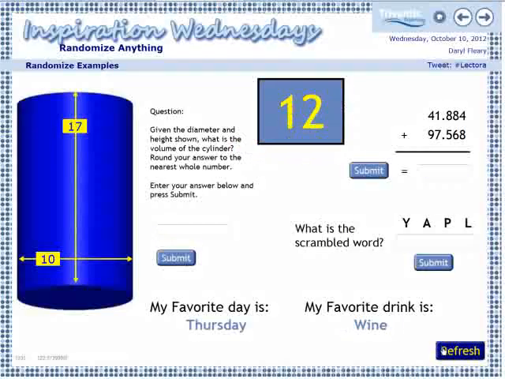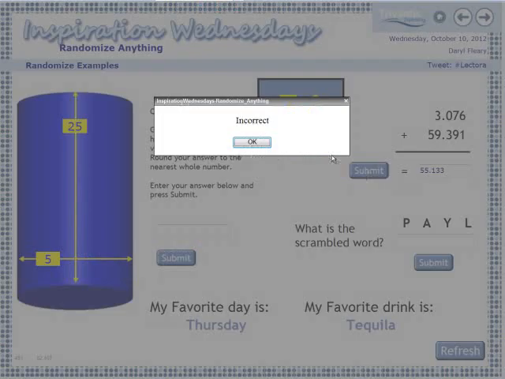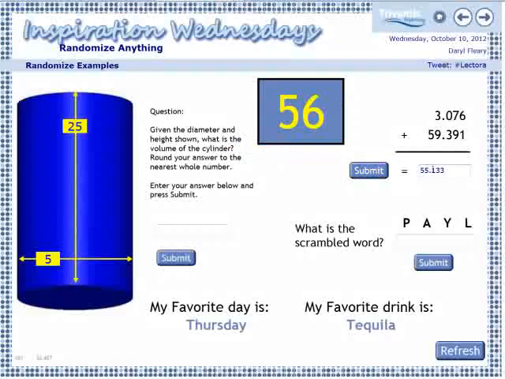And as you see, as I click the refresh button, it's generating different random information every time I click it. So we get a new question up here. We get new values. Geez, I'm not very good at this. New values for all of the components of the other question. There we go. Here in our cylinder question,